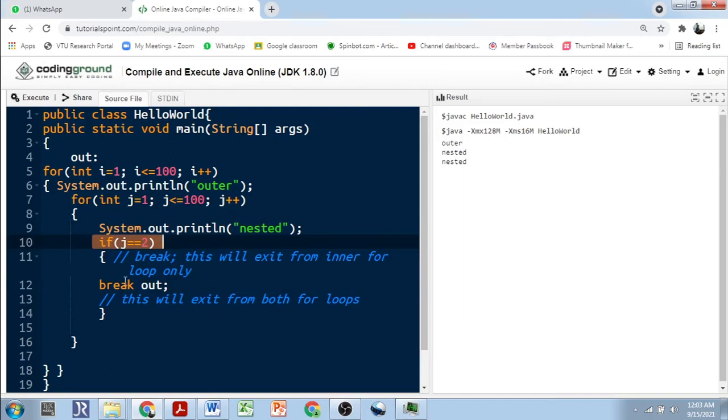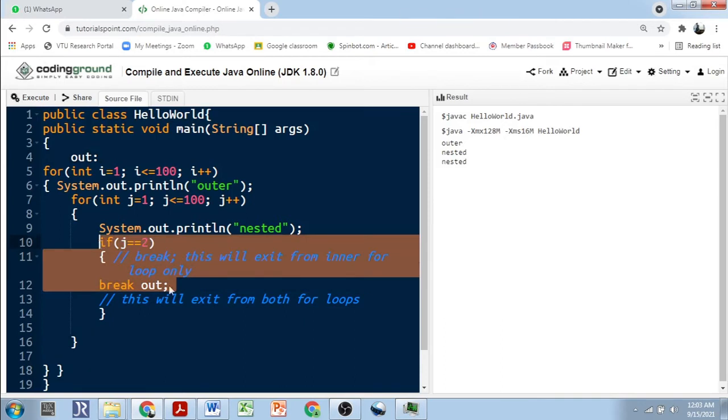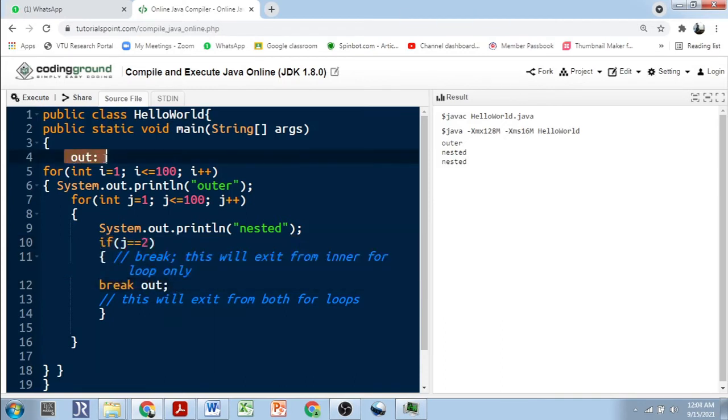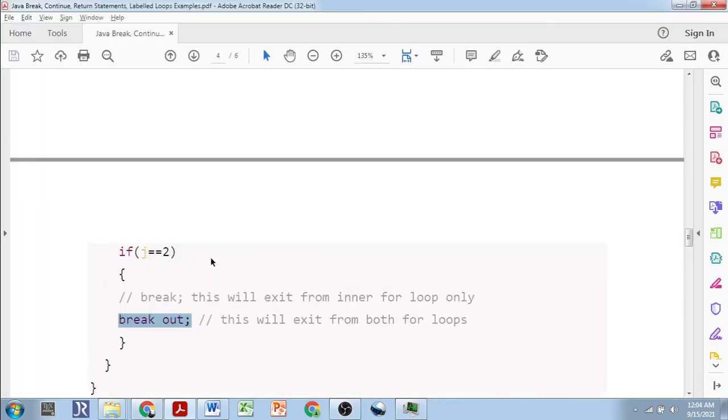So it will go inside the body of the if statement and it will come to the break statement. It will not break the outer loop, but it will definitely break the inner loop. Rather, it will go to where? To the out segment. What is the out segment? This is the out label. So at the out label, we'll go to the next and that will be stopped over here. So we'll not go to any other iterations. So in this way, we can manage the labeling and jumping. So using the label from here, we are jumping to this particular code segment. Yes. So that's how it is giving you the benefit of accessing the for loop